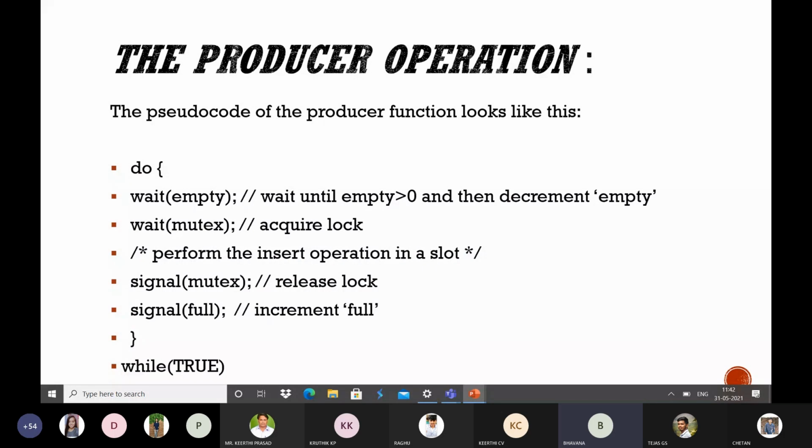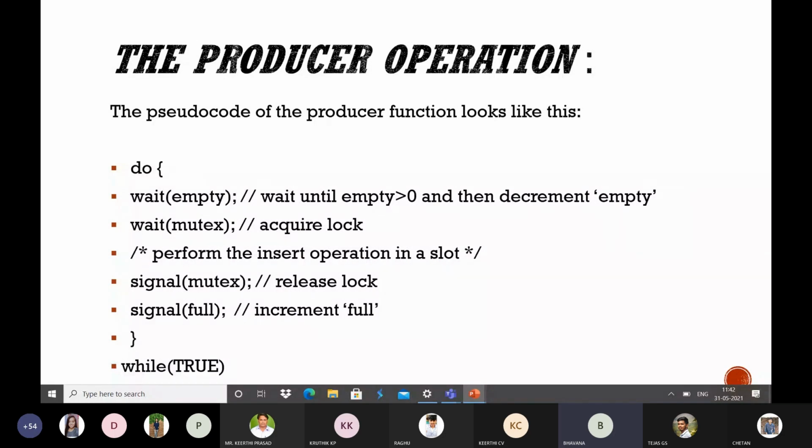Since the producer is going to insert data in one of these slots, it acquires the lock on the buffer so that the consumer cannot access the buffer until the producer completes its operation. After performing the insert operation, the lock is released and the value of full is incremented because the producer has just filled a slot in the buffer.